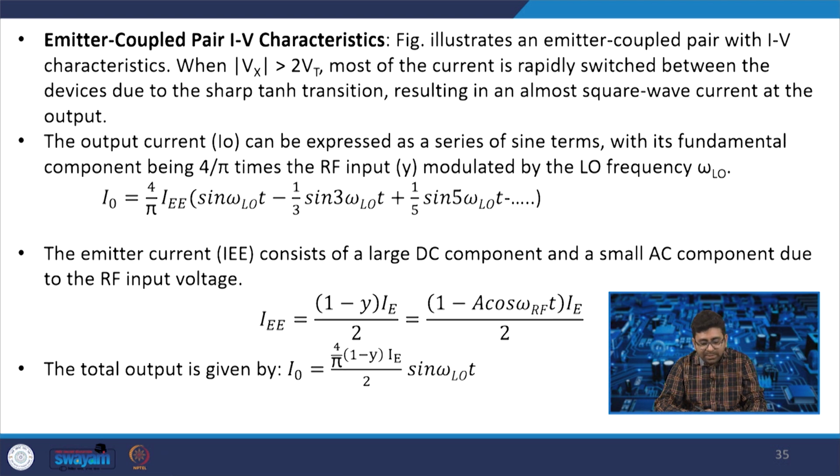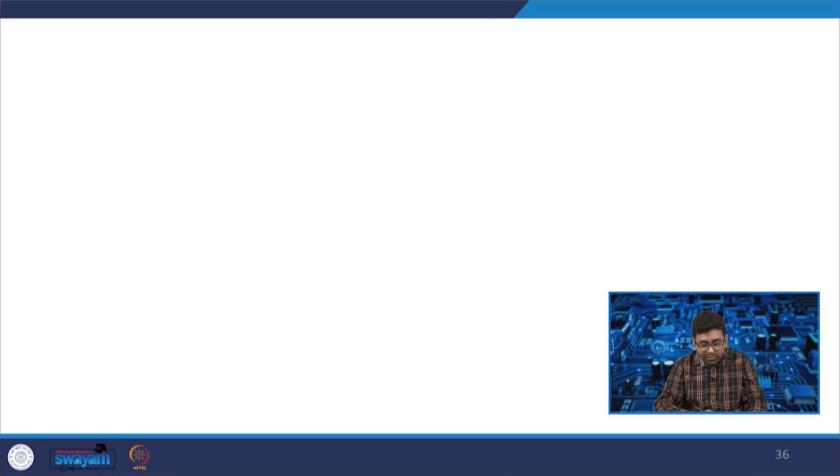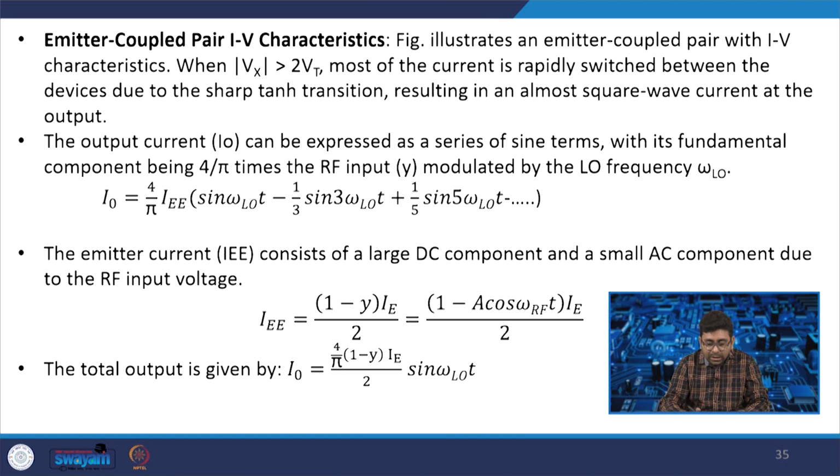If you multiply this, you will get sin omega LO t, the IO current multiplied with 4 by pi, and if you multiply this, you get the IF, and it is multiplied, you will get 2 by pi into